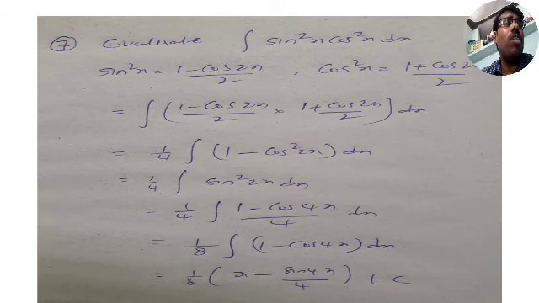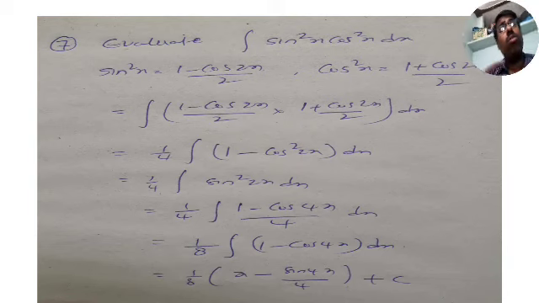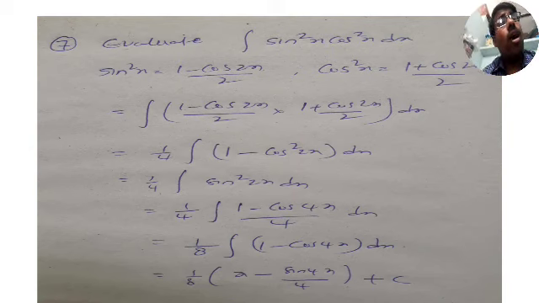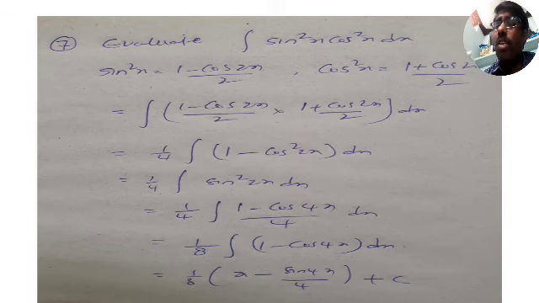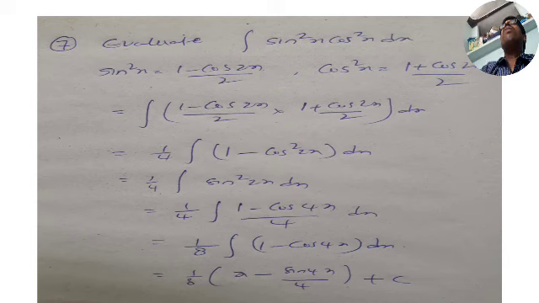If sin power is odd, put t is equal to cos x. If cos power is odd, put t is equal to sin x. If both the powers are odd, whichever is greater, put that one as t. But now no odd business. Both are even. In the 4th point in the working rule, you can see, if both are even numbers, then use the formula sin square is equal to 1 minus cos 2a by 2, and cos square is equal to 1 plus cos 2a by 2.